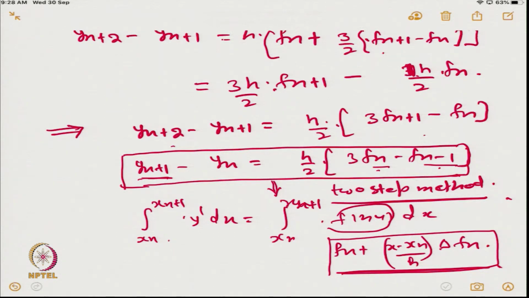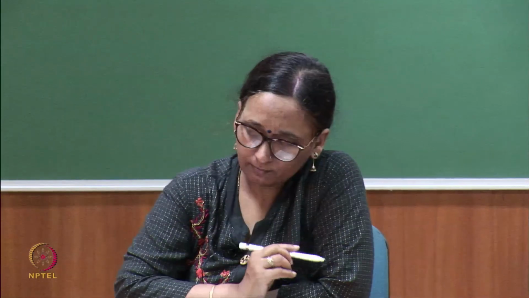So, it all depends on how you want to manipulate and what terms you want to keep in your difference equation. Accordingly, you will get your difference equation. So, this is the alternative way of deriving the formulas for numerical solutions to ODE. Similarly, you can also go for higher order, you can take 1/3 Simpson rule to approximate the numerical integration, 3/8 Simpson's rule. So, there are a lot of rules for that. Okay. So, accordingly you will get different types of formulas or difference equations.